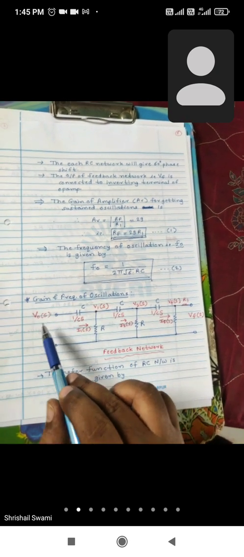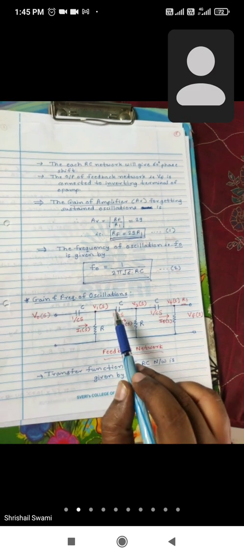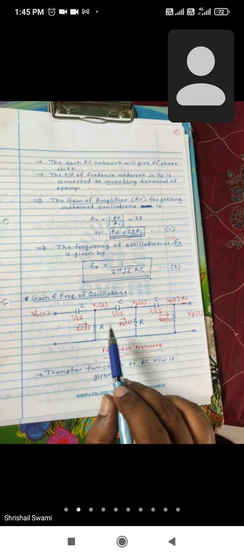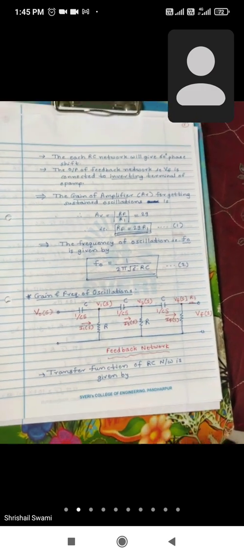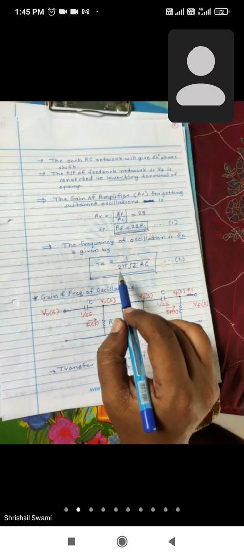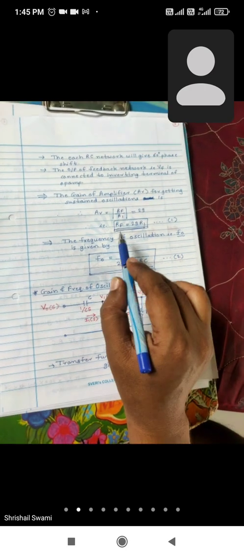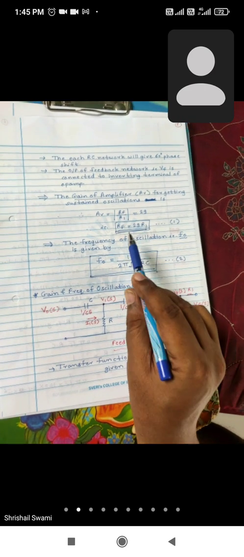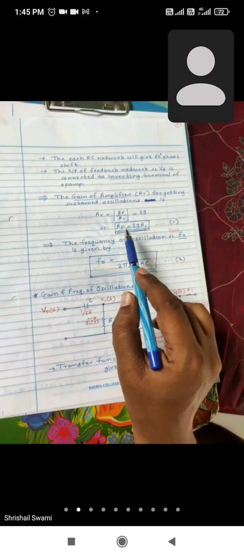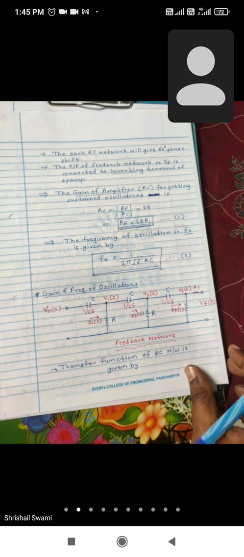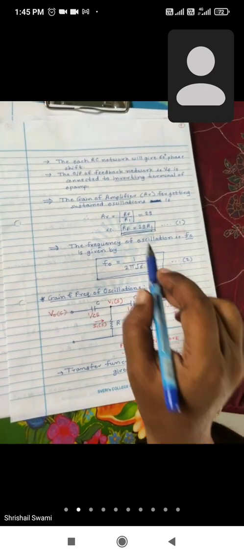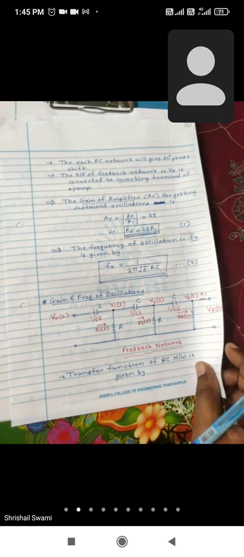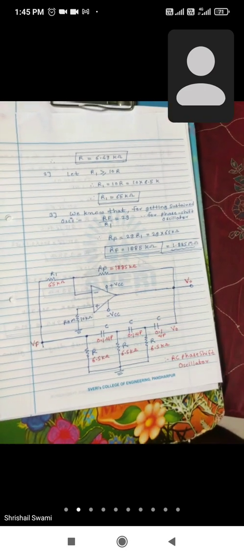The output of the total circuit is given as input for the feedback, and the feedback's output is V of I base. So we saw that by using the Laplace domain we got the transfer function, and by solving the transfer function we can get the frequency of oscillation, as well as the condition Rf is equal to 29 into R1. So the relation between the Rf resistor and the R1 resistor is Rf equal to 29 into R1. To get the gain we have to follow this. So the gain of the amplifier is 29. Minimum 29 should be there for getting sustained oscillation.